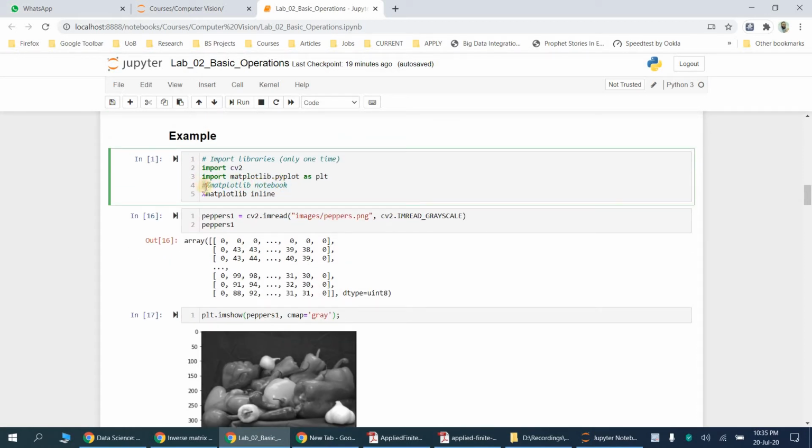So this sign over here, the hash sign, is used as a comment. So when I have this thing over here, it means this line is now commented out. It is not read, not used. Okay. So here is the line